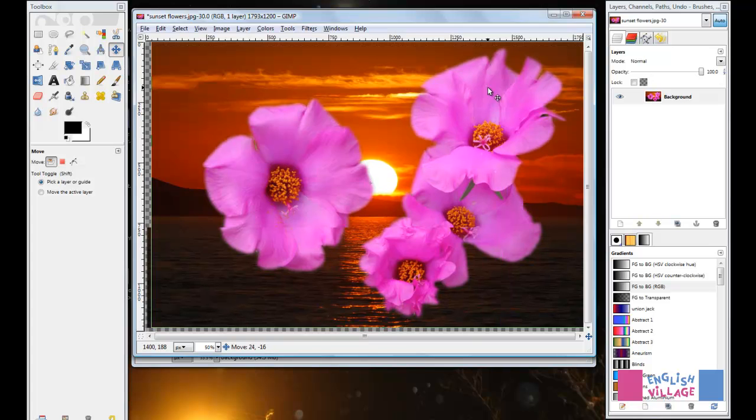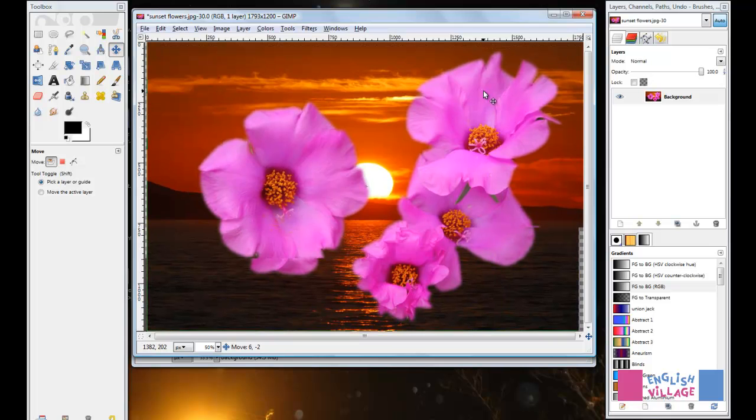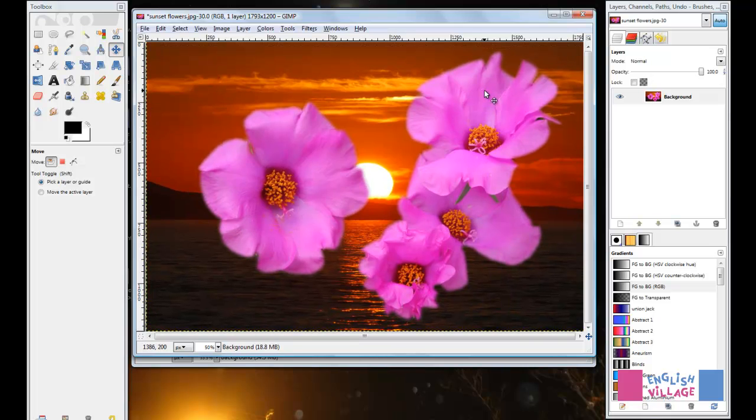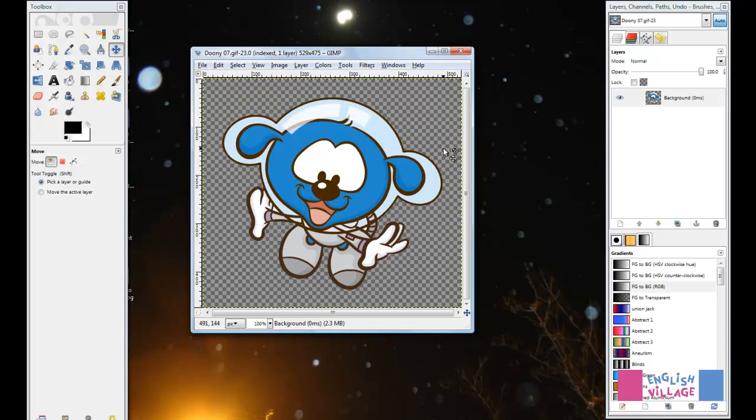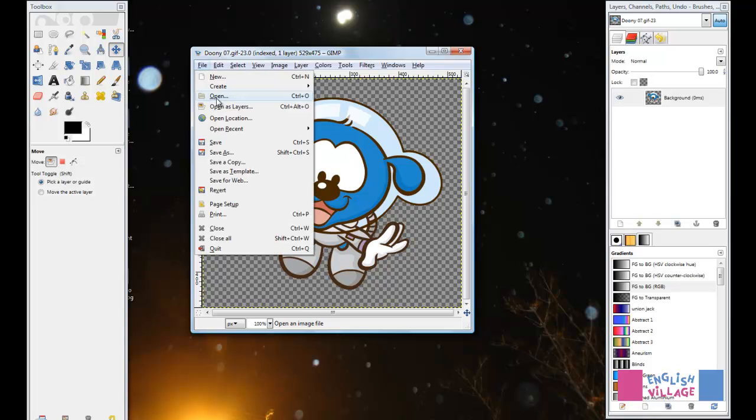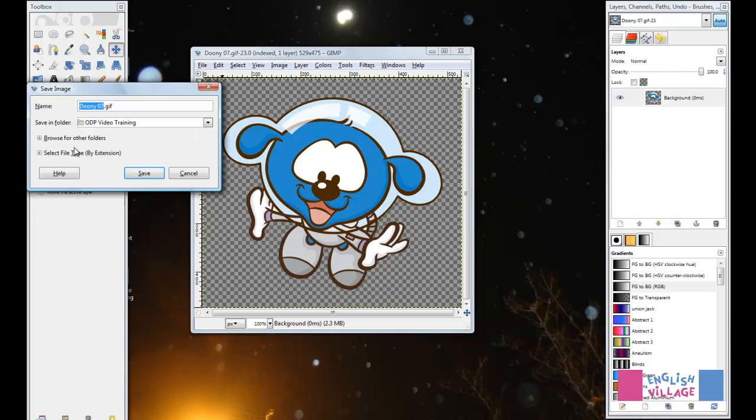Also, just so that you know, in any case where a file has transparency, so you see this kind of checkerboard, if you save that file as a JPEG, that checkerboard is simply going to be filled in with color. The thing to take note of is that JPEG doesn't support transparency, so we can see that Dooney here is in transparent space. If I click File, Save As, and choose JPEG,